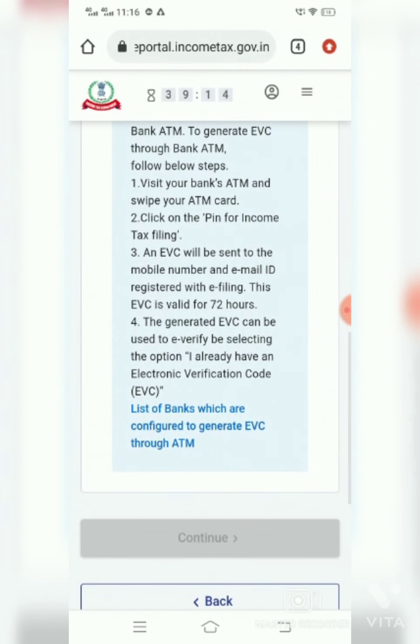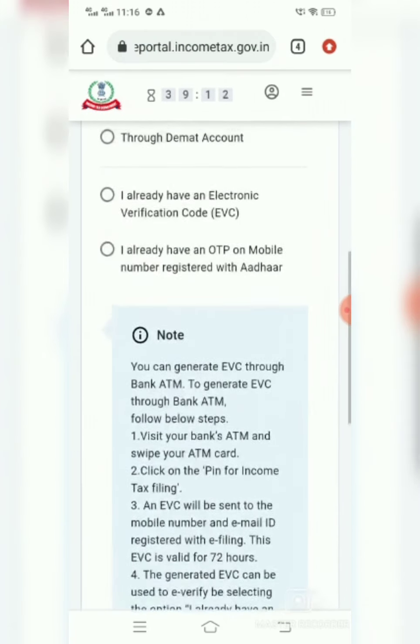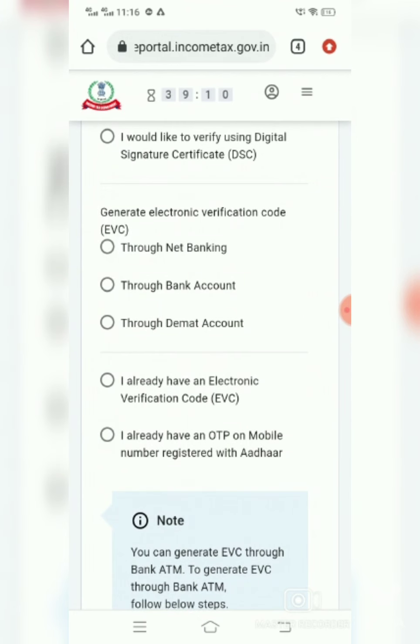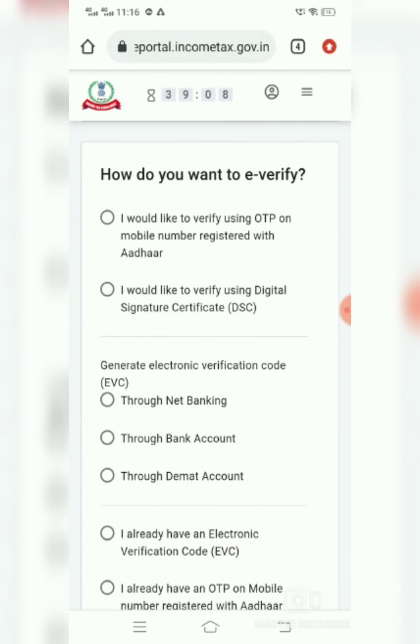Okay, so you verify, then submission will come if the site is working properly. I have tried one or two times, but I couldn't submit it. But if you cannot submit it due to a server problem, you can submit afterward also, it will be saved there.